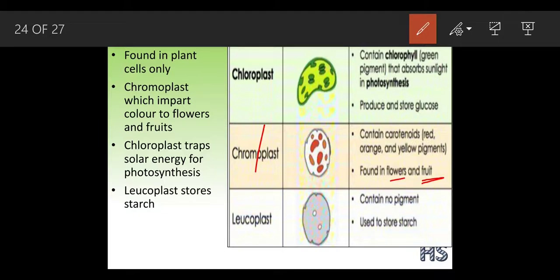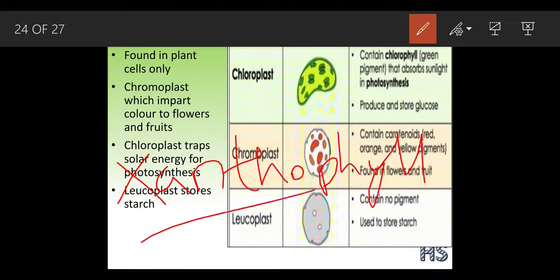The leaf is always green in color, but if you look at the flowers and the fruits, they are of different colors. How is there a difference in the colors? Due to this chromoplast. Carotene means orange and red, and xanthophyll means yellow color, because xantho is a Greek word where xantho means yellow and phyll means leaf. So it gets a yellow color texture.